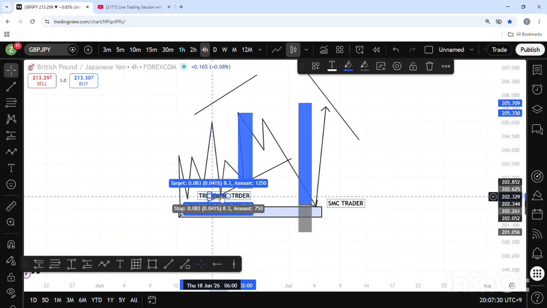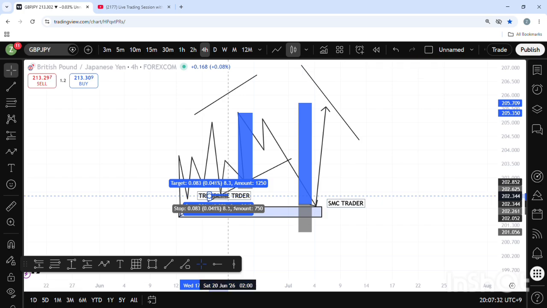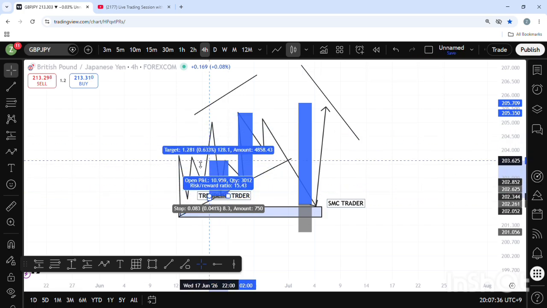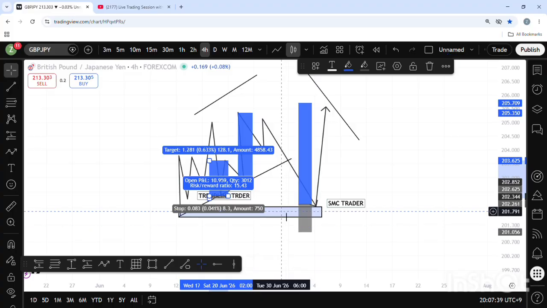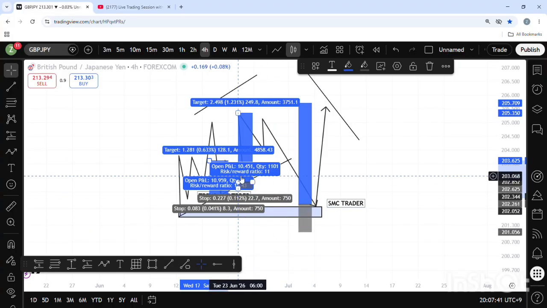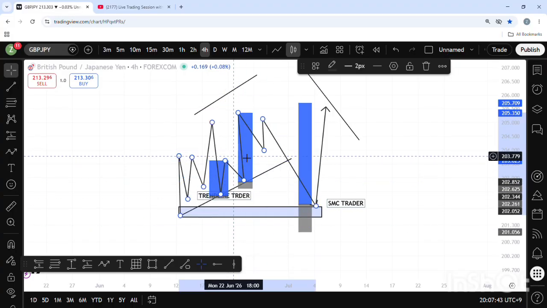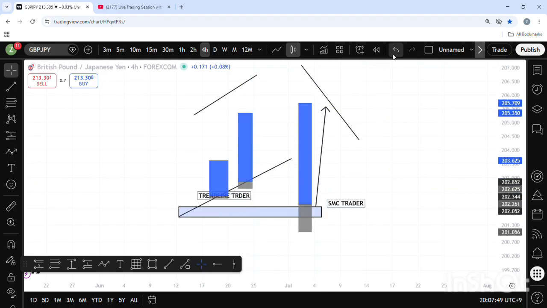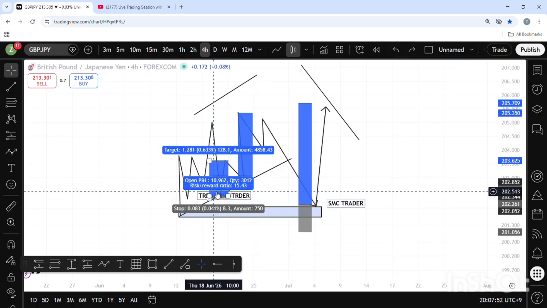Take for example, if someone plays the trade where I'm trying to draw, they were expecting the market to reach the point of reversal and give them money. But what did the market do? It went up a few pips,